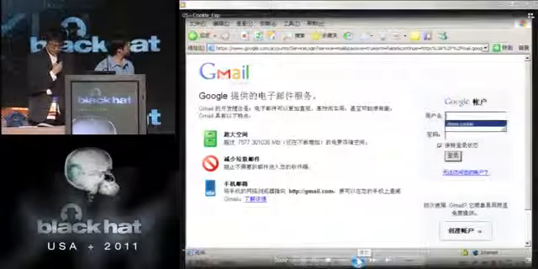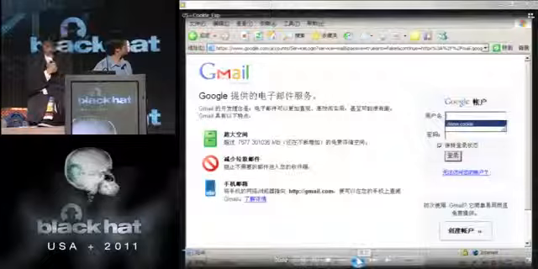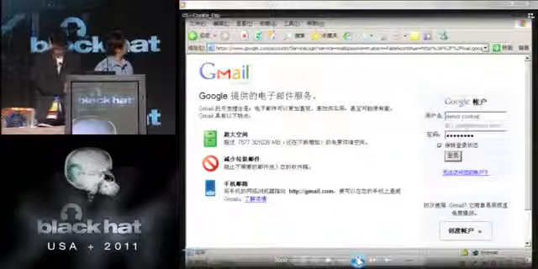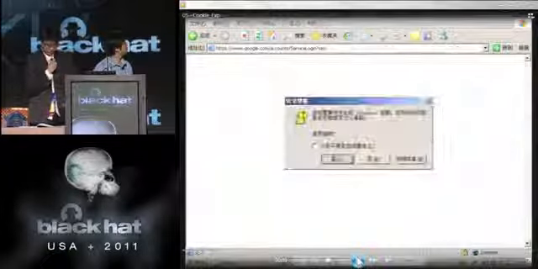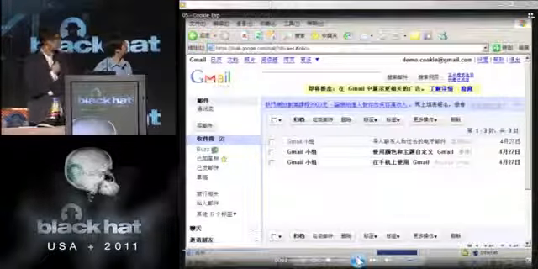We log into Gmail, and the browser will save the cookie on the local disk.